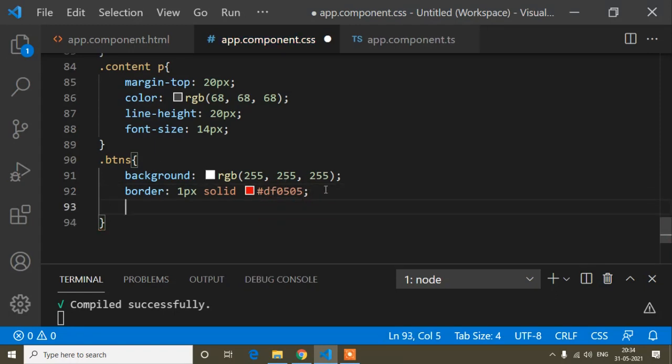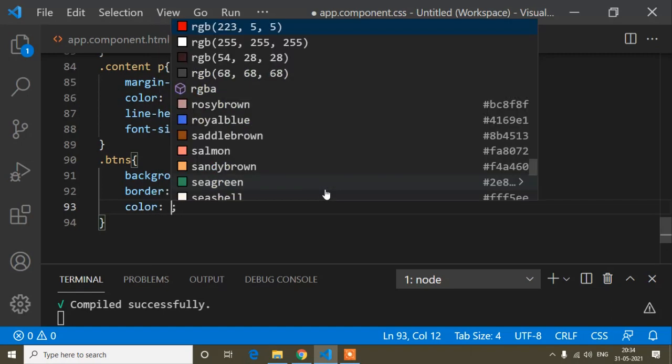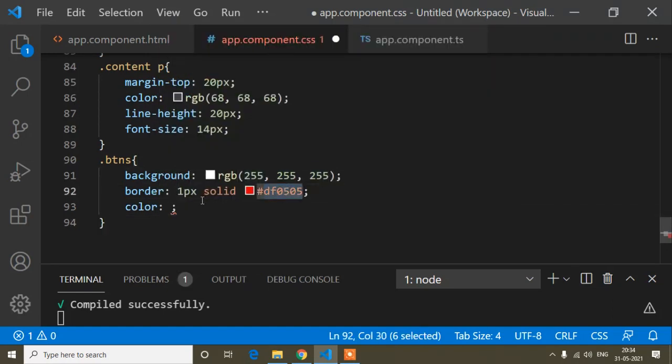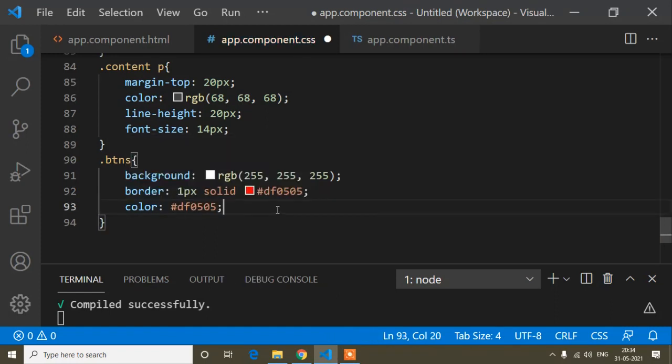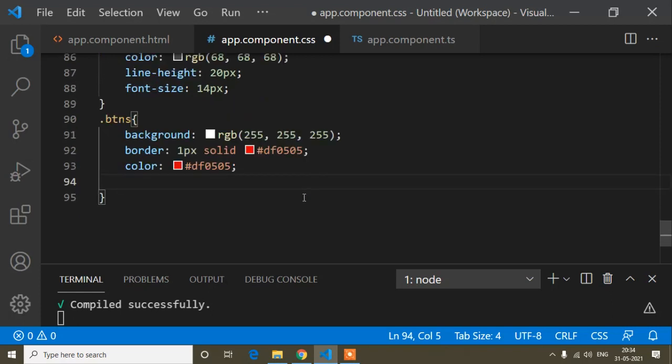And now for the color I will add the same color code whatever I have added in border. Okay, and now the next CSS property I will write is font size.